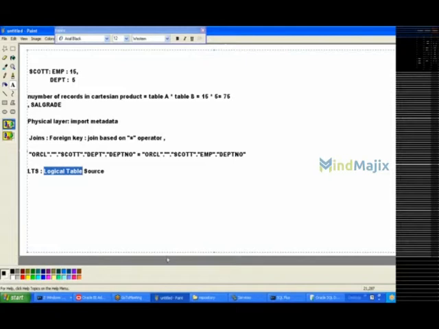A logical table means a table which is available in the middle layer, which is nothing but this department table. For this department table, what is the source? This is the source, which is nothing but LTS DEPT. You can even rename this LTS if you want. Here we are having the columns department number, department name, location, and these are getting the data from this physical table. As I have created this RPD, I am aware of this. So let me think this LTS is renamed to something else.